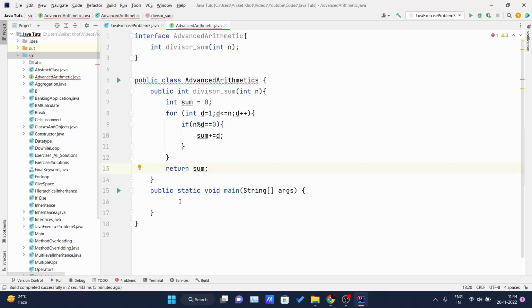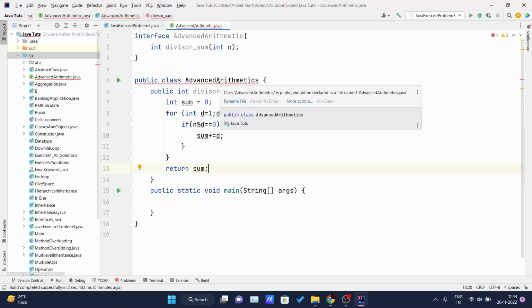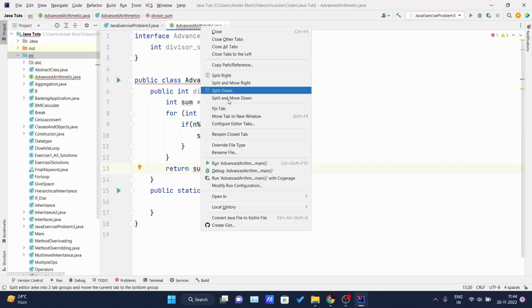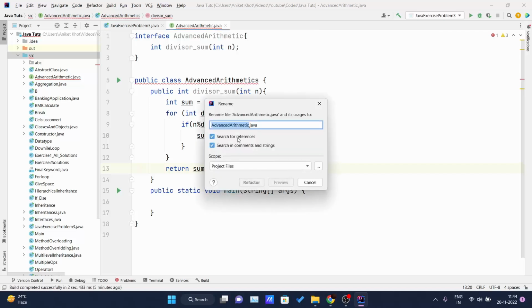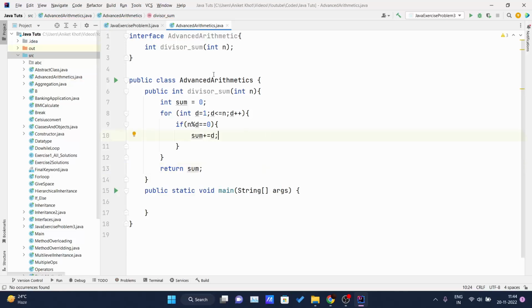Okay, so this is pretty much what we have to do. Wait, why is it throwing the error? Let me check. Class AdvancedArithmetics is public and should be declared inside AdvancedArithmetics dot java. Okay, I know the error. Now it's okay. The file name and the class name are different, that's why the IntelliJ IDE was showing the errors. And inside the main method,